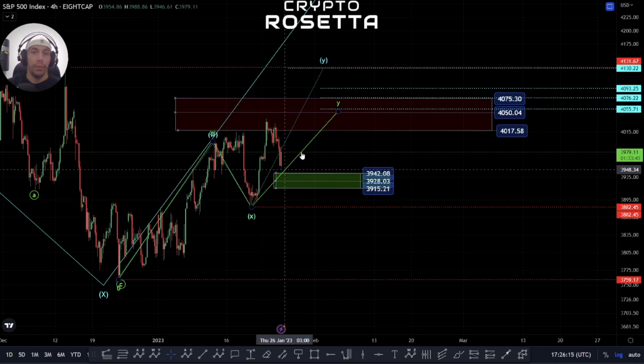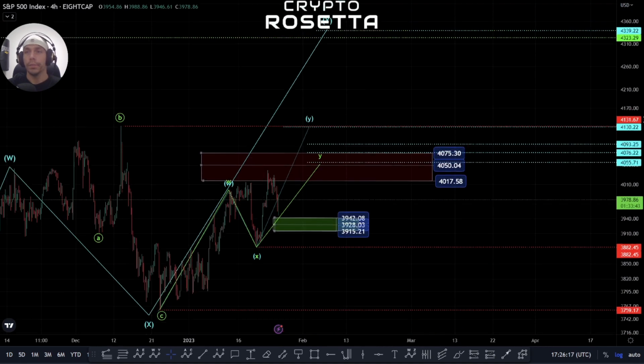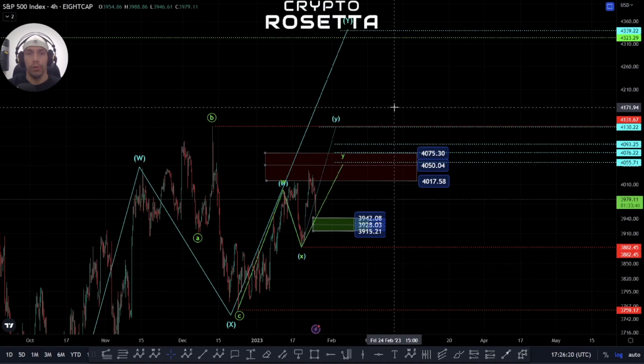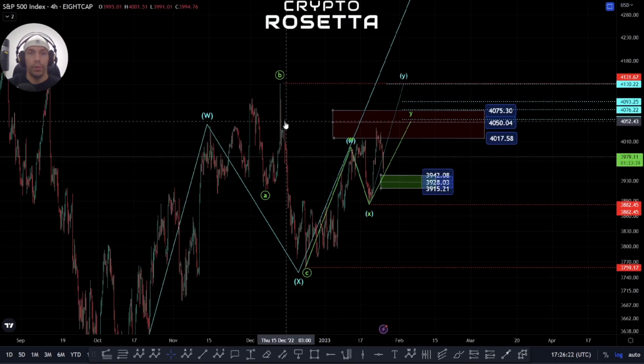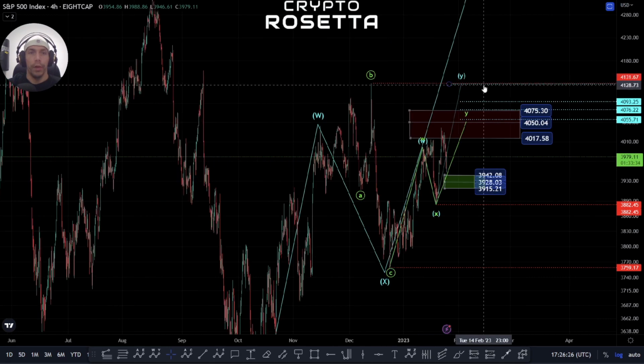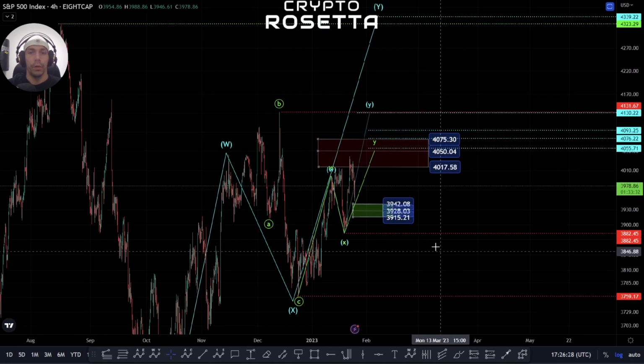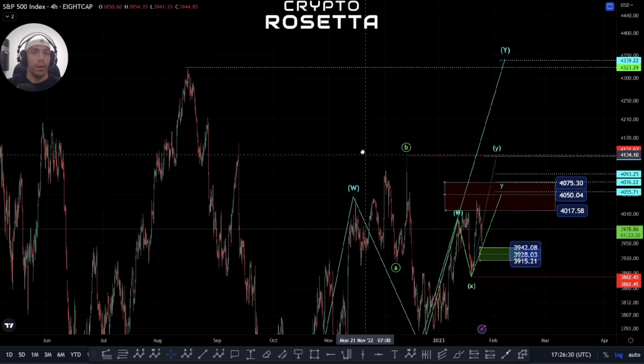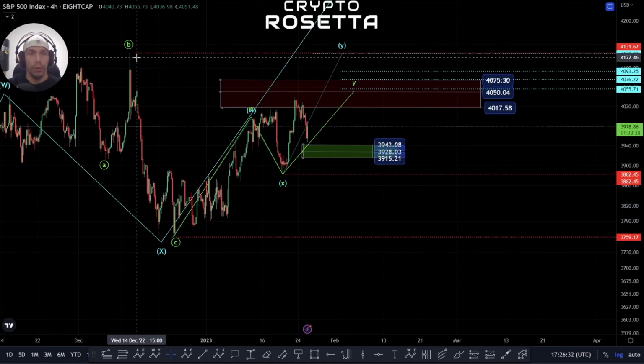Basically, if we do look to push up higher here, like I said, that 1-to-1 region would be up there, but it is also possible that we could just move up here and sort of interact with this top area again and then look to sell off. So yeah, it's one of those things. We're going to have to just give it a bit of time, but for as long as we hold below